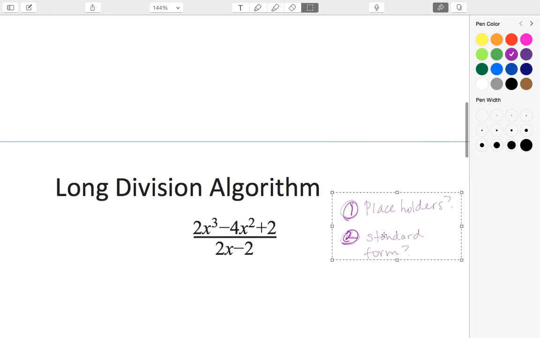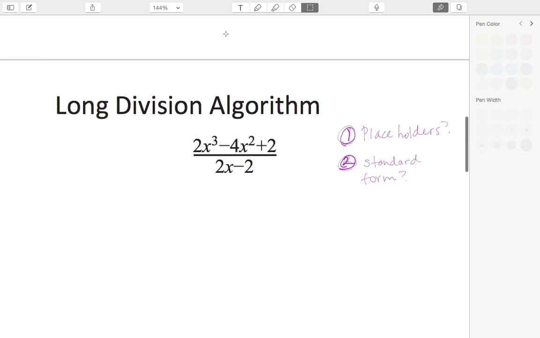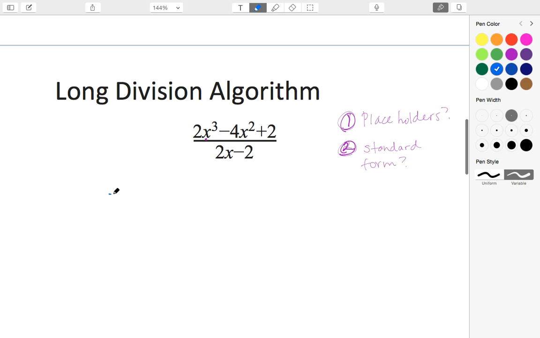Okay, so the same two steps should happen always before you start. And in this case, we check for placeholders. We acknowledge that we do need a placeholder. It's the same problem. So we rewrite the problem, which is 2x cubed minus 4x squared plus 0x plus 2